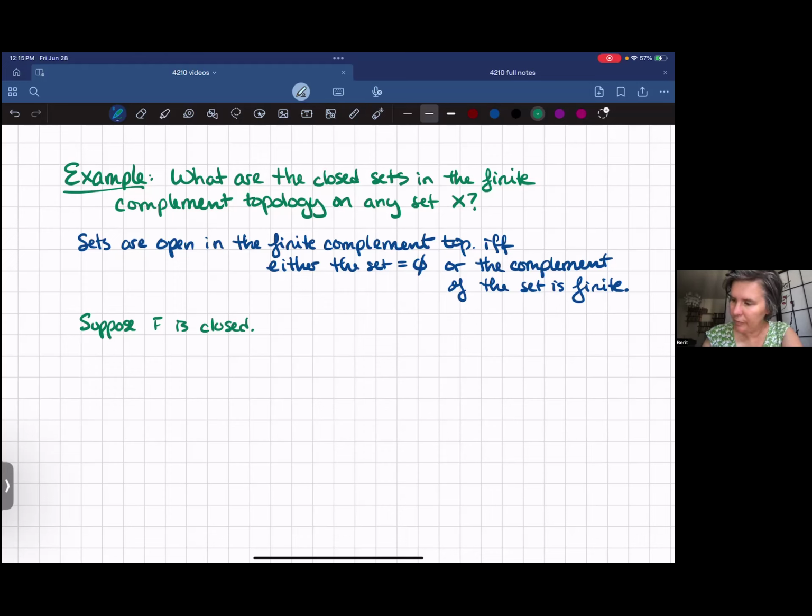That would be true if and only if F complement is open, which would be true if and only if F complement equals the empty set, or the meaning of the finite complement topology is that a set is open if it's either the empty set or its complement is finite. So the complement of F complement is finite,